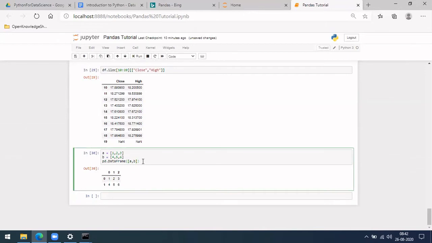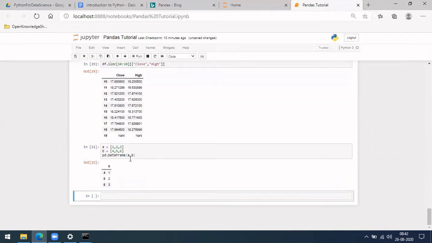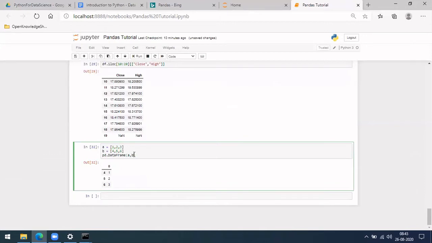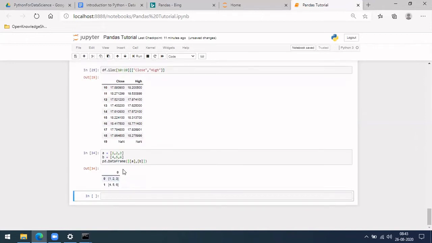If you see here, this doesn't work. Let me observe what kind of difference it is making.